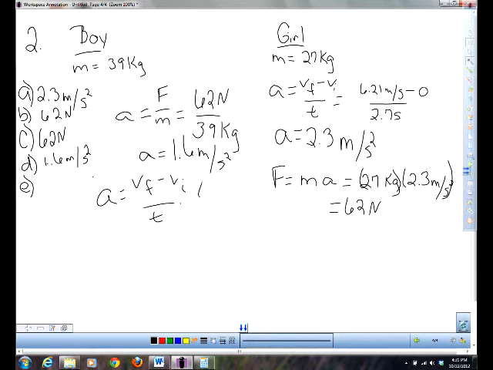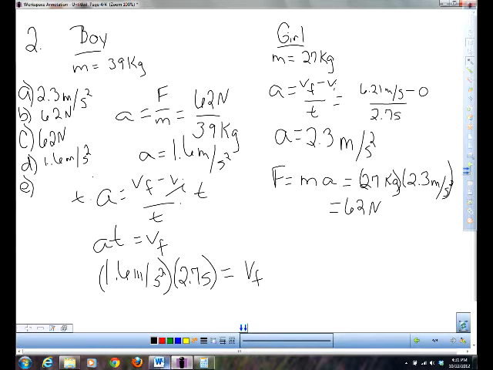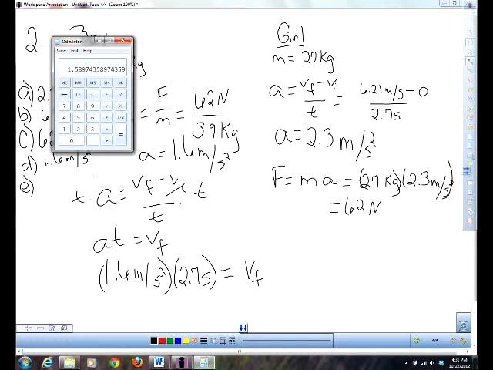So if we multiply both sides by time, that's AT is equal to V sub F, and we're just going to eliminate VI since it's 0. Alright, so now I go to the acceleration, 1.6 meters per second squared. The time is the same as what her time was. Over here it's 2.7 seconds equals the VF, and our calculator,